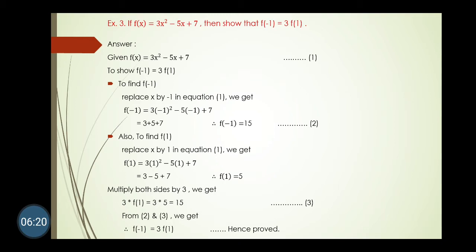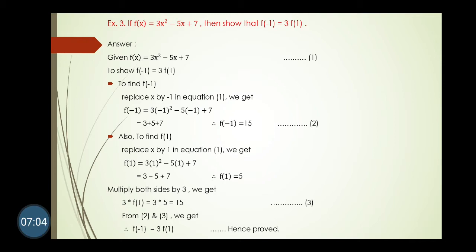We get f of minus 1 is equal to 3 into minus 1 square minus 5 into minus 1 plus 7. So what is negative square? Is it positive? Yes. Negative square becomes positive and negative cube is what? Negative. Any odd power of the negative value is negative and any even power of the negative value is always positive. So with the help of this, we get minus 1 square is plus 1 and 1 into 3 is 3. Again minus into minus becomes plus. So minus 5 into minus 1 is plus 5 plus 7. So 5 plus 3 is 8, 8 plus 7 is 15. So we get the left hand part of this.